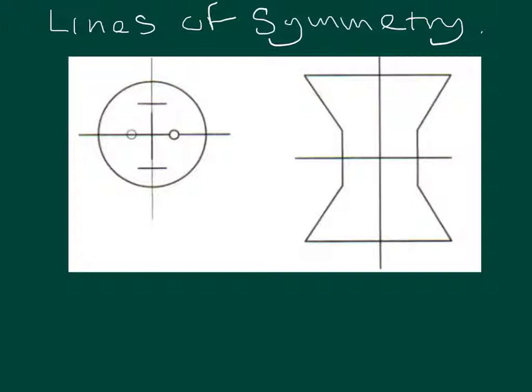This particular shape would also have a horizontal line of symmetry through the middle of the shape. So our image point top left would, through the horizontal line, now be bottom left. And the distance from here to here is exactly the same as from the symmetry line up to the top. And although you can't see the line, I'll just take a pen and draw it lightly in. If we draw a line of symmetry,